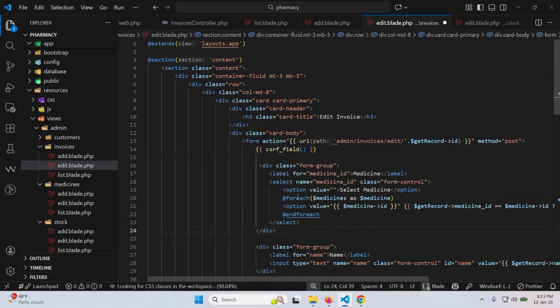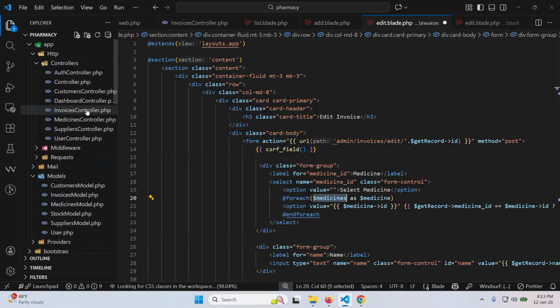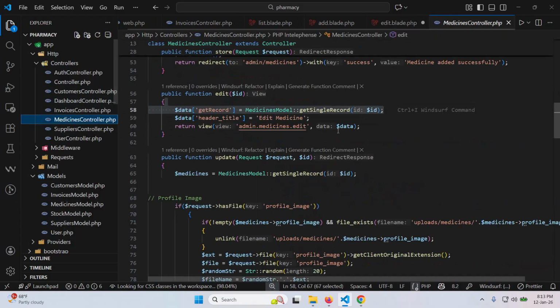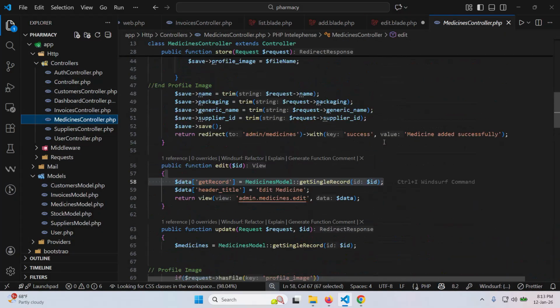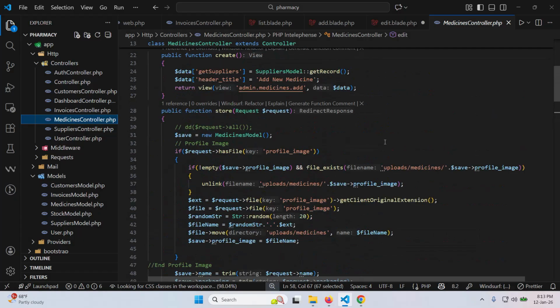Okay, so here we will be using the record, but here we are going to use medicine. So let's come to our medicine controller again. Medicine controller, and then you can see here